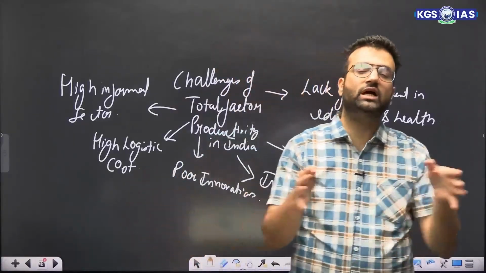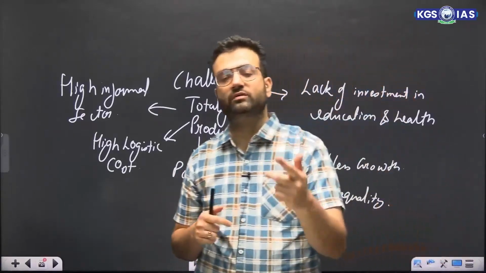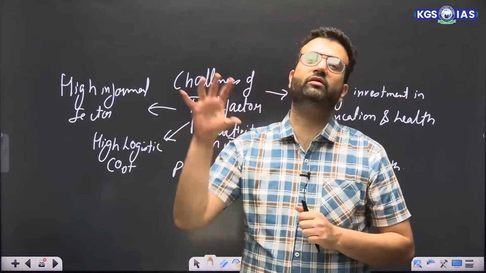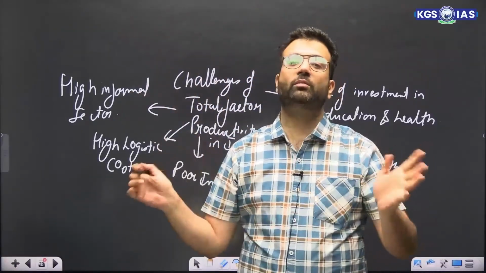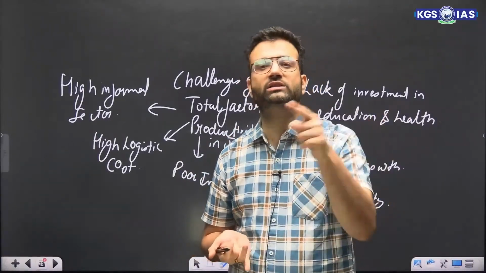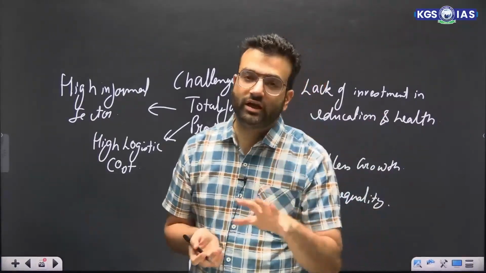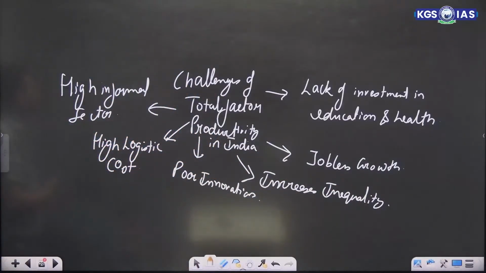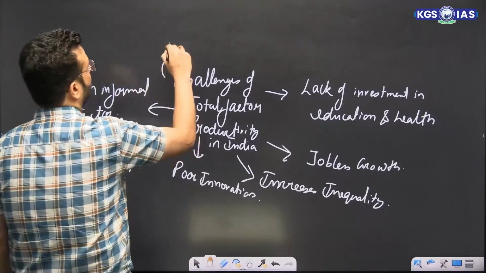And because of this high informal sector, even the loans that people take are taken from the informal sector, which is not properly accounted. They need to pay high interest as well. They will come into the exploitation of money lenders. So we need to promote the formal sector a lot, because if the formal sector is promoted, a proper organized culture will prevail in our nation. Then even factors of production,